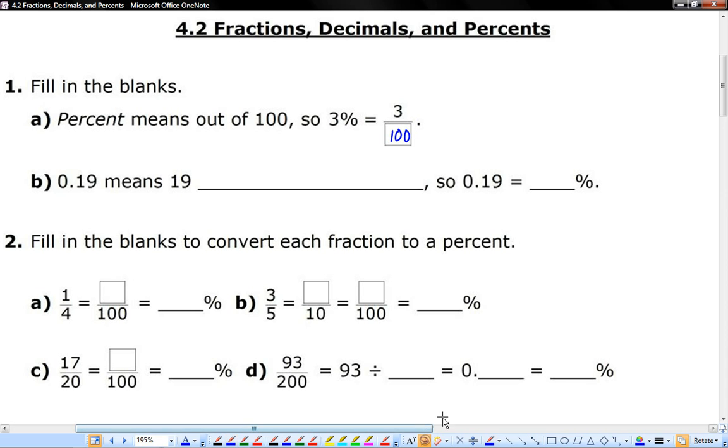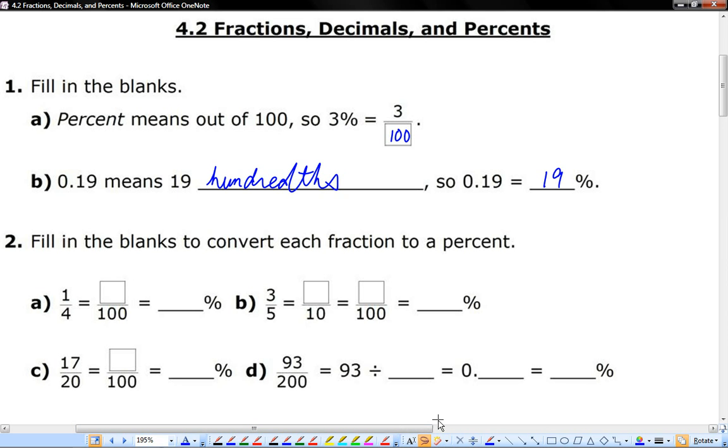0.19, if we take a look at place value, this is the 10th place value and this is the 100th place value. So it means 19 hundredths. And so the 0.19 is really 19%. So what we notice here